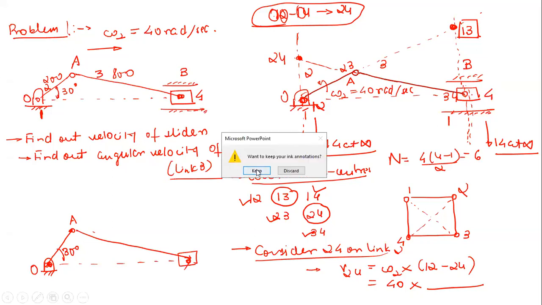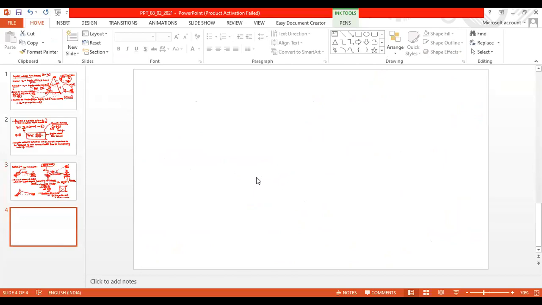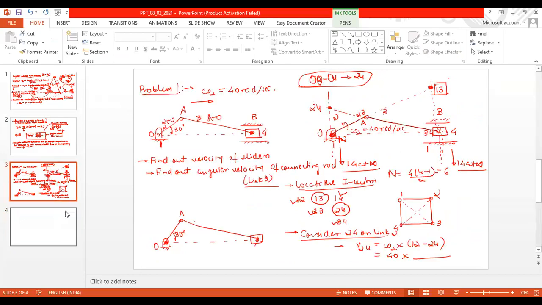what should be our next step? This is a very, very easy question, and this question is important because such questions are asked in competitive examinations. In competitive examinations, you won't be asked too complex questions. They ask very simple questions like this, but they will twist the question somewhere. So just tell me what should be my next step.